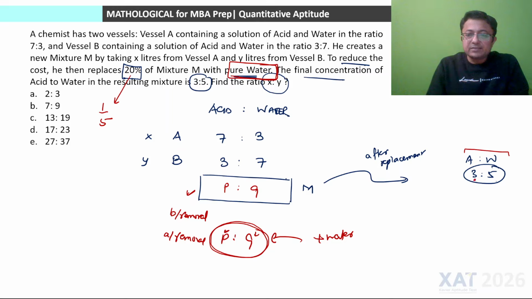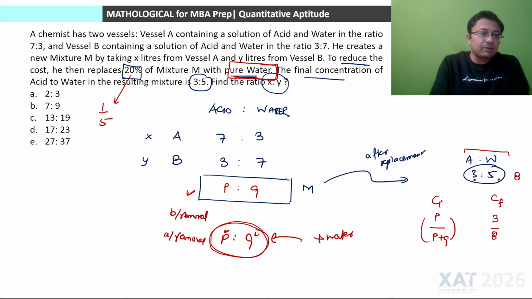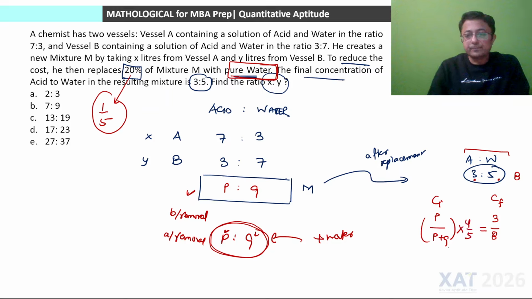So we calculate the concentration of acid before replacement and after replacement. 3 is acid out of total 3 plus 5, 8 mixture, so finally 3/8 is our final concentration. Initial concentration is not known, let us say it is P upon P plus Q, that is P acid out of P plus Q. This is our initial concentration. The replacement factor is 1/5 being replaced, meaning 4/5 is intact. So initial concentration multiplied by the replacement factor 4/5 will be equal to the final concentration, and hence P upon P plus Q